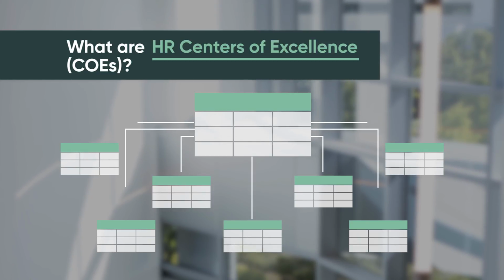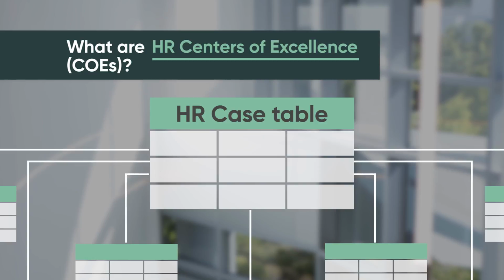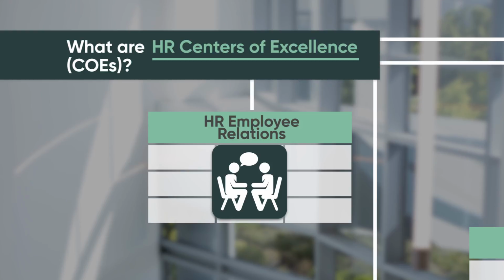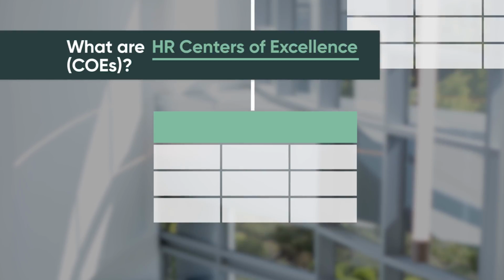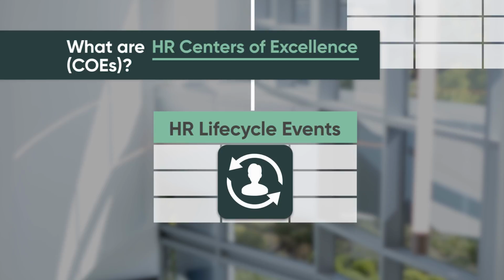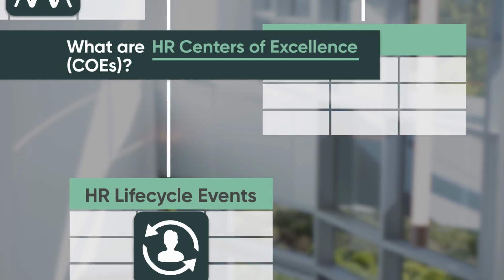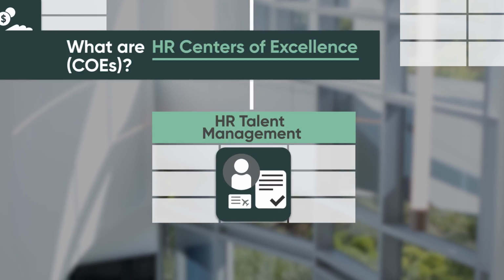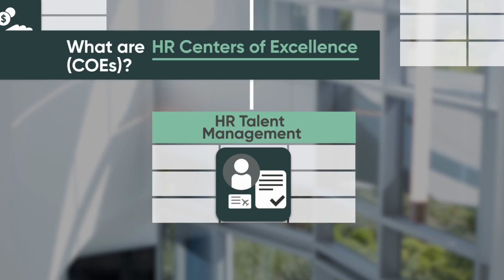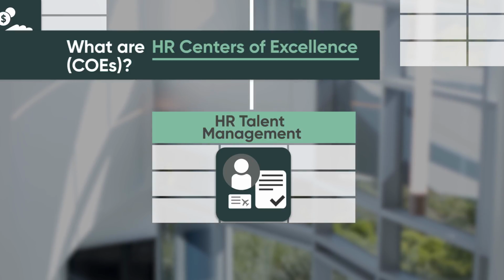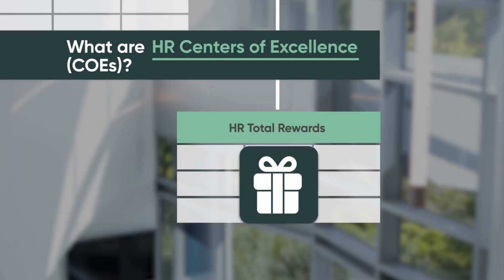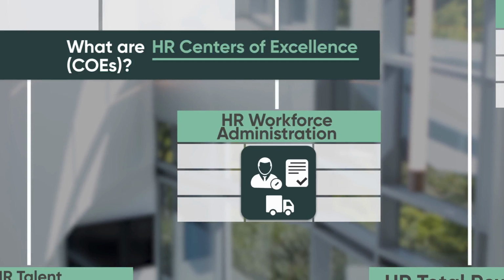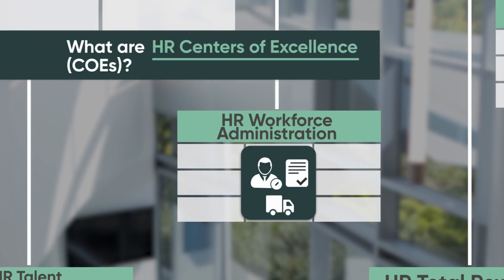This data model consists of 7 tables that extend the HR case core table. These tables are HR Employee Relations for disciplinary issues and inquiries, HR Lifecycle Events for onboarding, offboarding, and employee transitions, HR Payroll for all payroll-related inquiries, HR Talent Management for requesting travel visas, non-disclosure agreements, background checks or drug screens, or work visa transfers, HR Total Rewards for benefits-related requests, HR Workforce Administration for updating employee profiles or providing verification